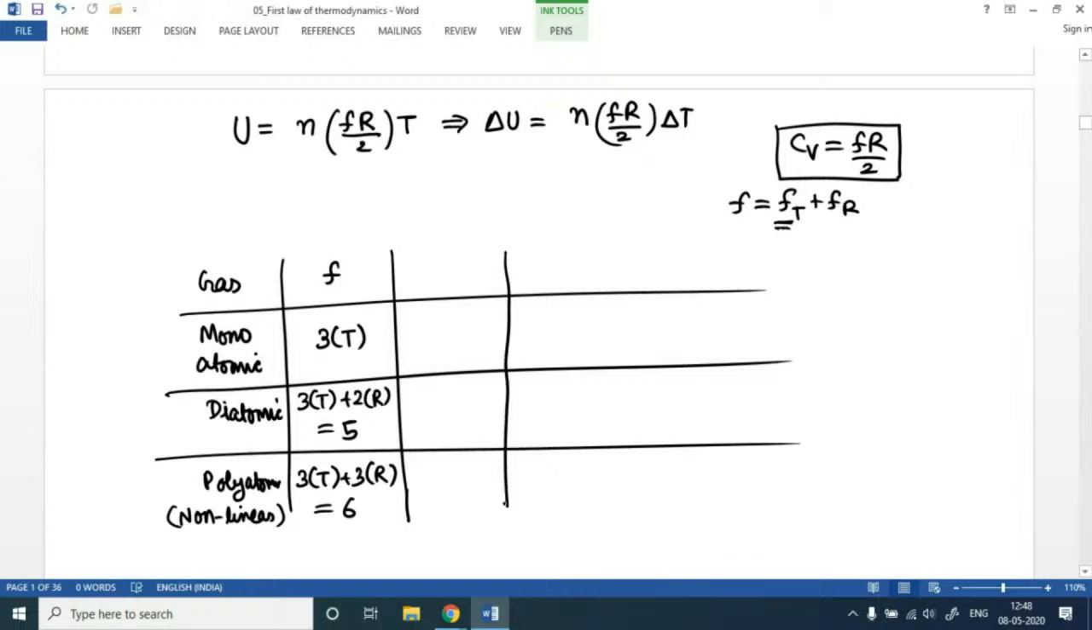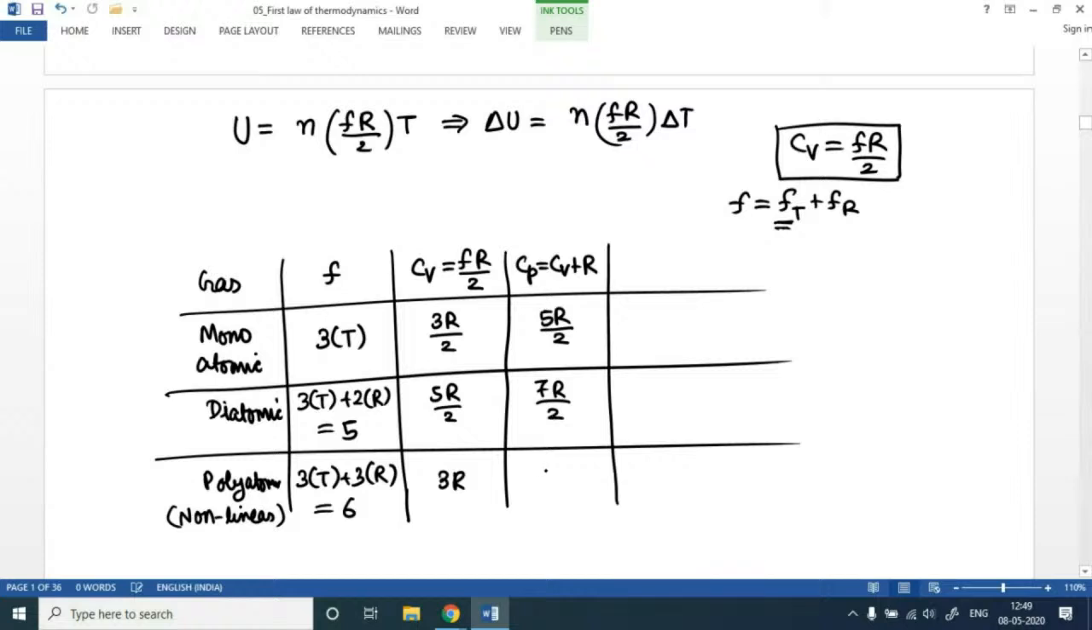From this column we can derive another column, that is Cv, the molar specific heat capacity at constant volume, and this expression is nothing but fR by 2. So this gives us 3R by 2, 5R by 2, and that would be simply 3R. And then we can derive a column for Cp, because Cp is nothing but Cv plus R, which we have just derived. So this would be 5R by 2 and 7R by 2 and 3R plus R,